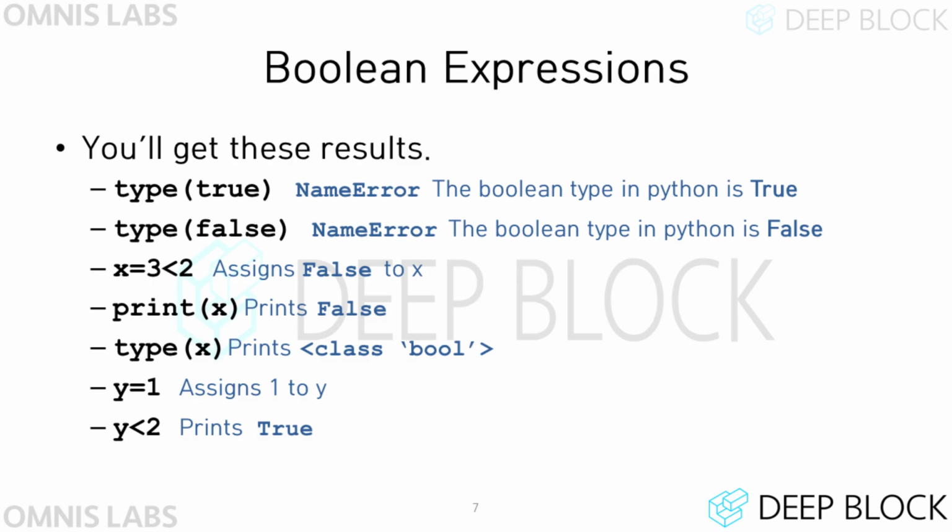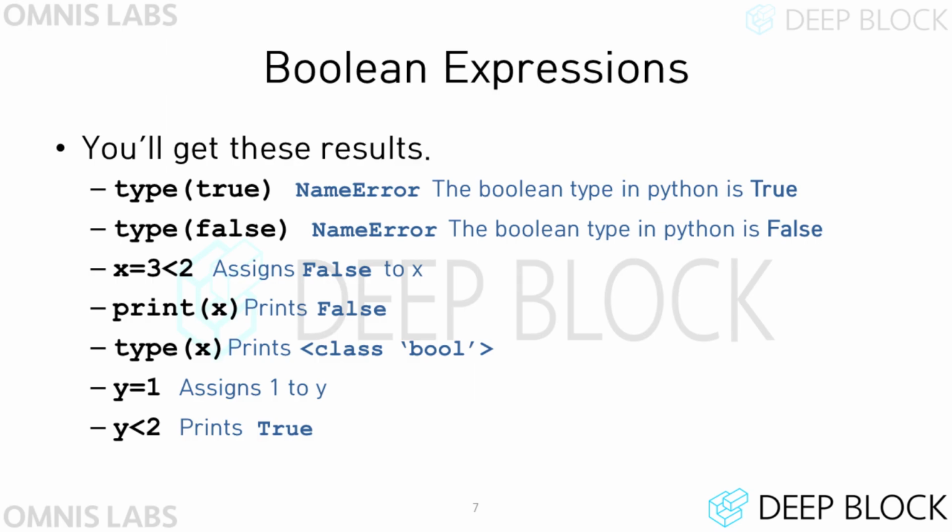When the code x = 3 < 2 is executed, the right value is calculated first. Therefore, the expression 3 < 2 on the right side of this assignment statement is evaluated first. If the computer evaluates this expression, then the expression becomes False, and False will then be stored in a variable called x. After that, if you print x, you can see that False is printed. If type(x) is entered in the prompt, you can see that class bool is printed.